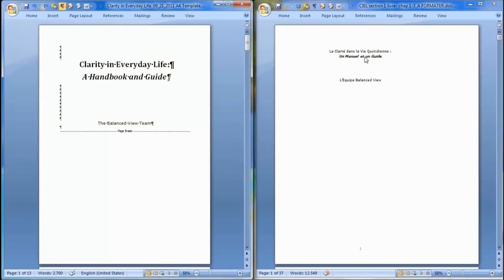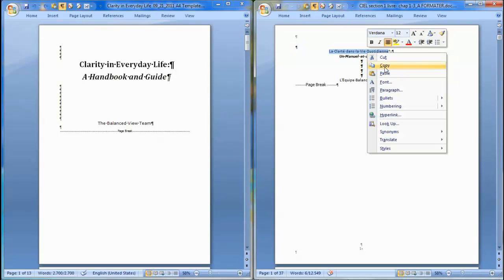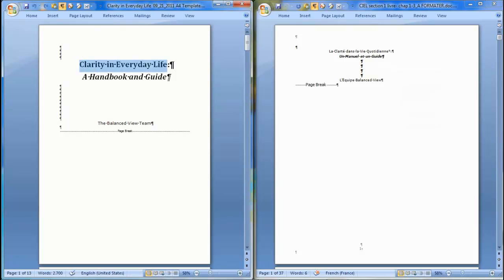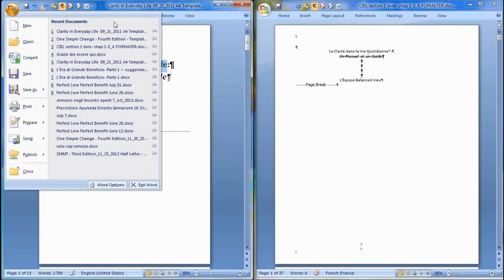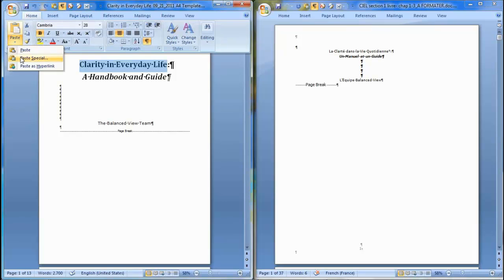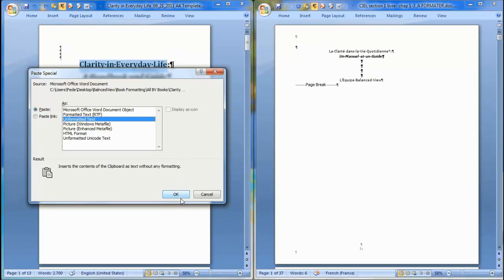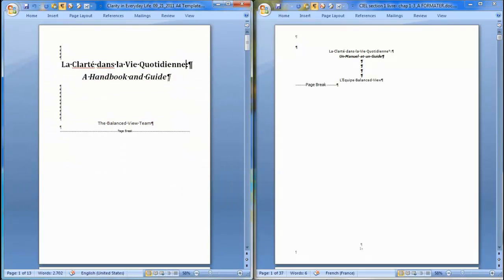So the way we do it is we select the first title here, just text, not the paragraph mark, just text. I do copy and I paste it here, right, just selecting the text, and I do paste special as unformatted text. And here it becomes underlined in red because the spell check is in English, but we can change that afterwards. So we have done this for the main title,